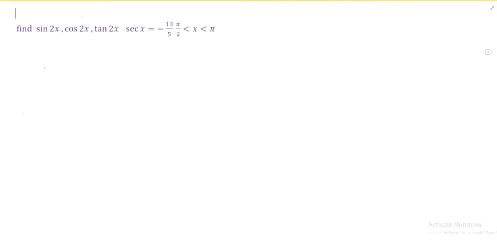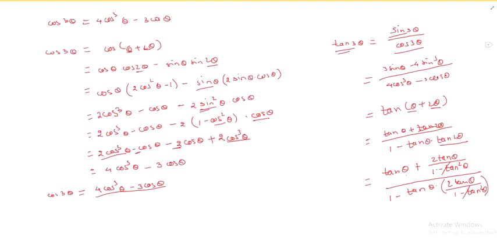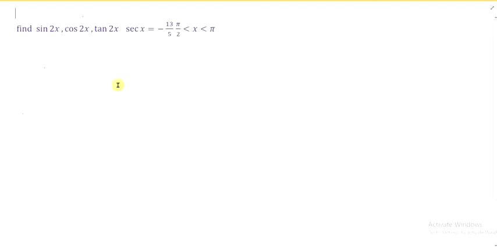To prove this result, first we have to see the results for multiple angles and submultiple angles. So what are the results for multiple and submultiple angles? To prove these examples, I want to tell you the results, and these results are,